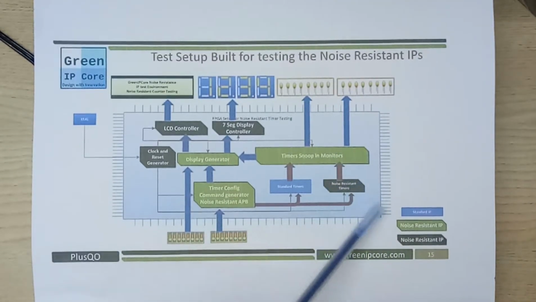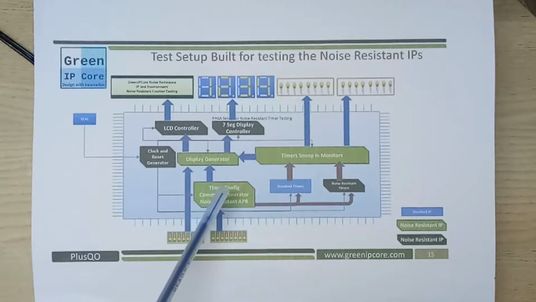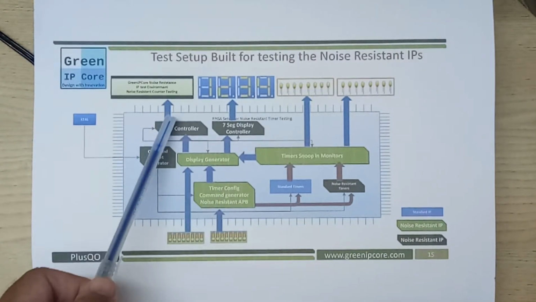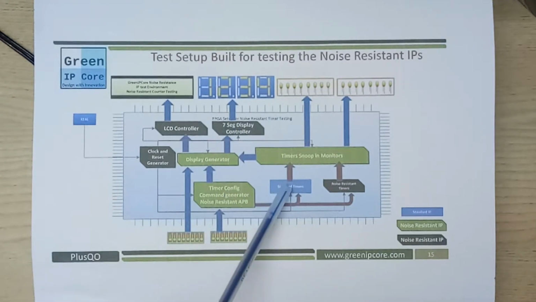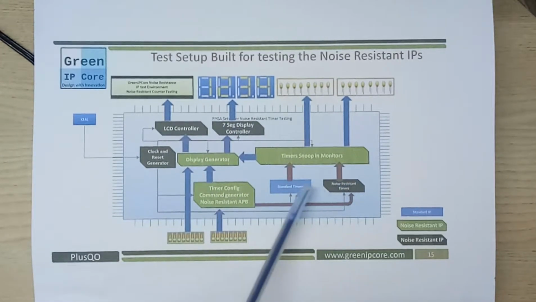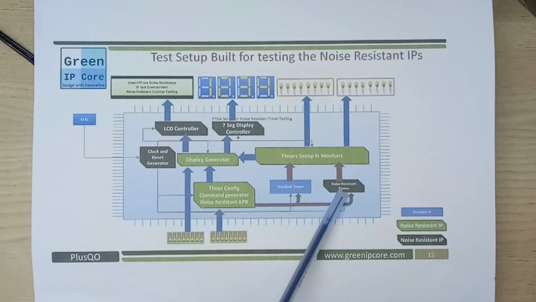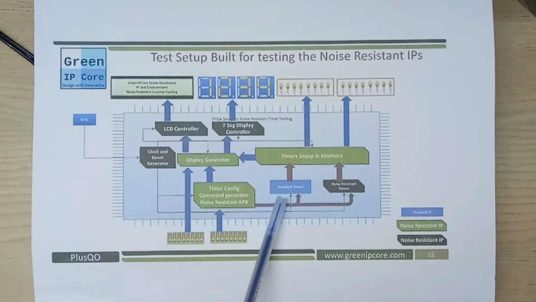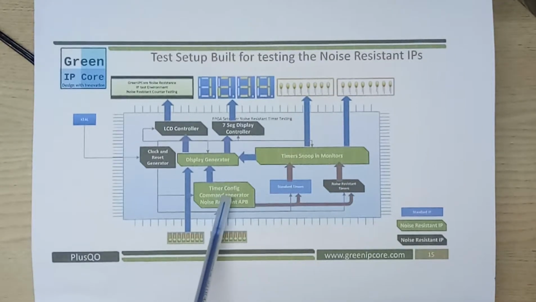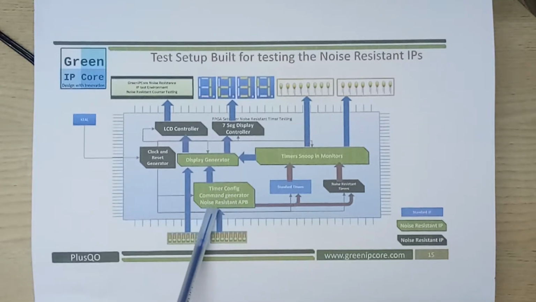Within the FPGA, we have a config command generation block, and these are different IPs which are placed inside the FPGA. This is the DUT which is under test. This is a noise resistant DUT, and this is a normal DUT. Other components which are used inside the FPGA are all noise resistant, like this one, which is a noise resistant